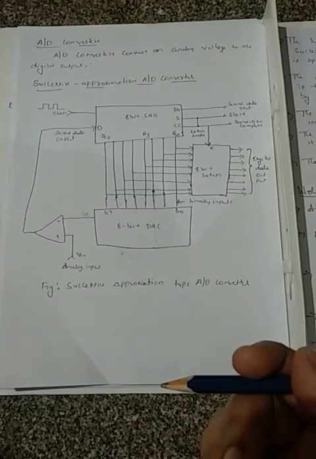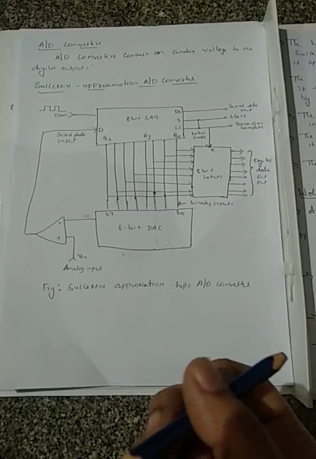Hello everyone. In this video we'll discuss the analog to digital converter. An analog to digital converter is the one which converts the analog voltage to the digital output. One of the best methods used for analog to digital conversion is the successive approximation analog to digital